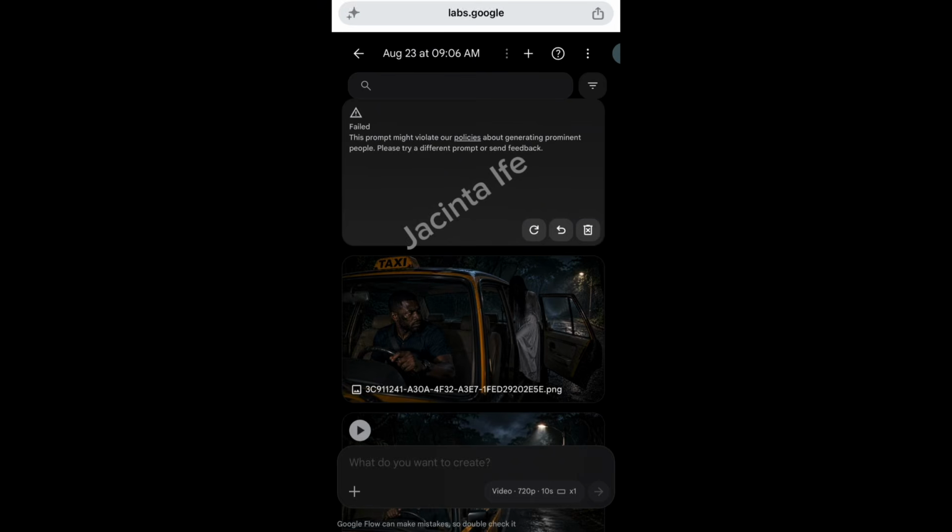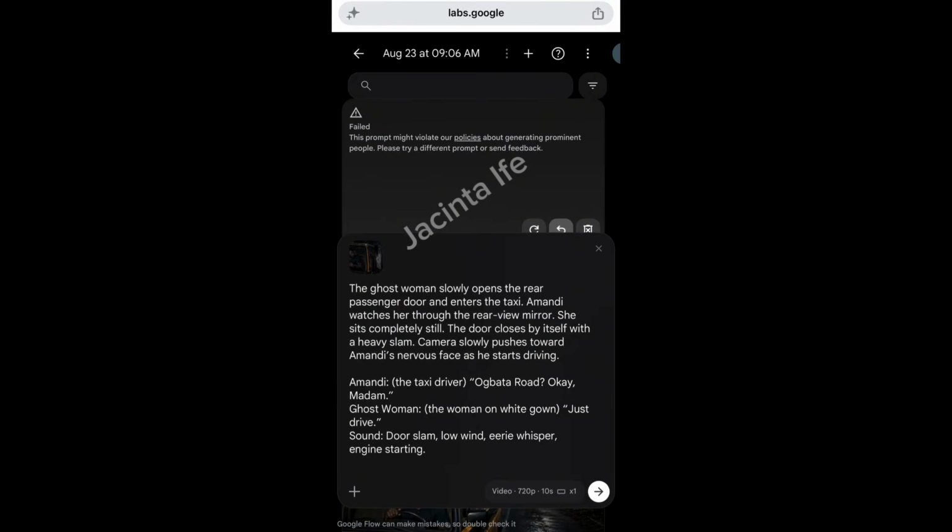Now you see these prompts might violate their policy on prominent people. I think there's a problem here. Maybe somebody's name is included. Let's go back to the prompt and see: the ghost camera, the door by itself, heavy slant, Amadi the taxi driver.